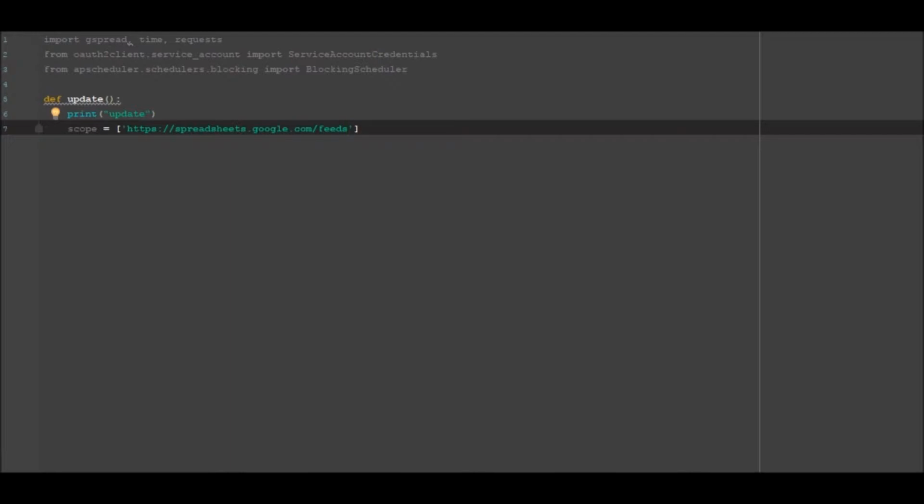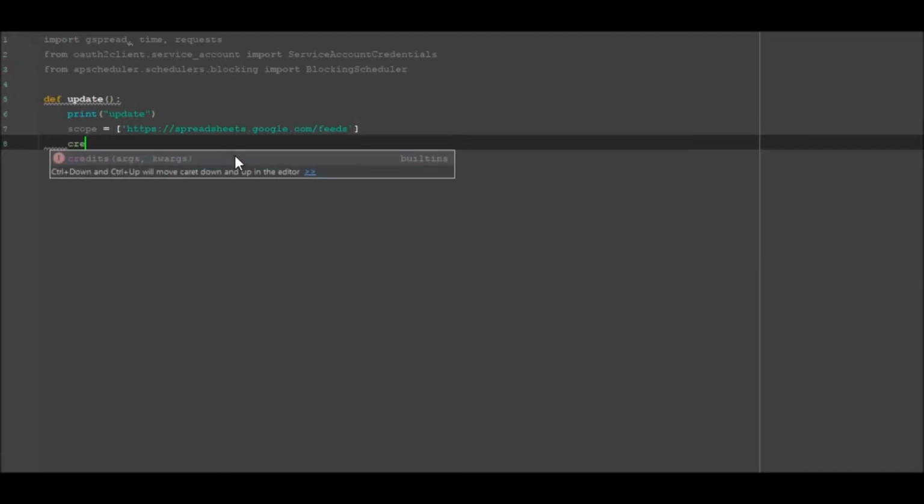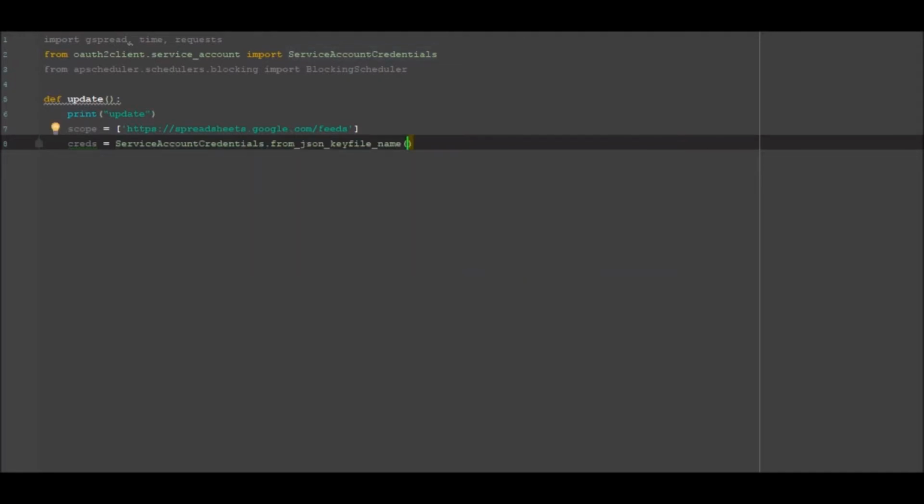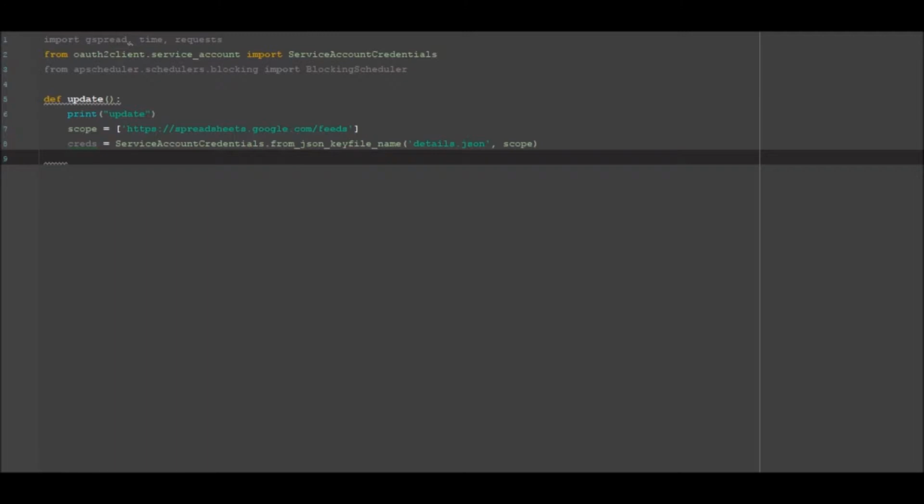spreadsheet.google.com/feeds, and then we want to go creds equal ServiceAccountCredentials.from_json_keyfile_name, which is going to be details.json, and it's going to take scope. Now details.json is our details file, which has our access key and all that sort of stuff within it. So we're then going to go ahead and go client equals gspread.authorize(creds),